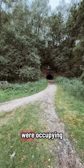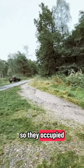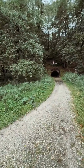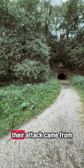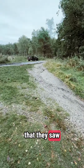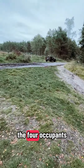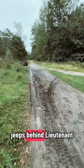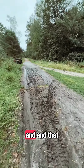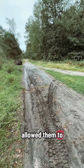Now, the Germans were occupying, as you would, the high ground. So they occupied the high ground over there, and then the high ground of the embankment. And that is the direction that their attack came from. They shot up the first jeep that they saw, which was the jeep of Lieutenant Bucknell, killed all of the 4 occupants. Now, the other jeeps behind Lieutenant Bucknell were a bit slower leaving, and that distance allowed them to,